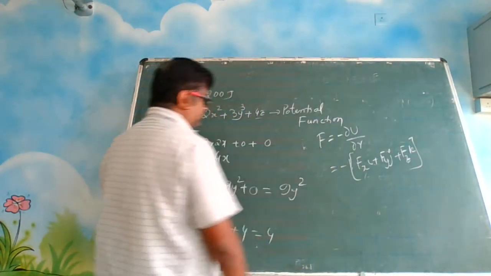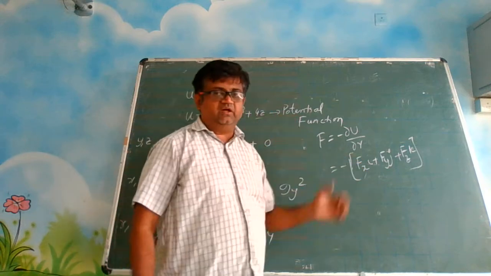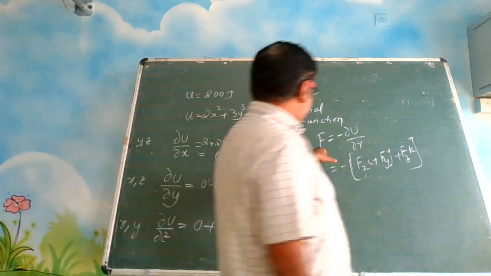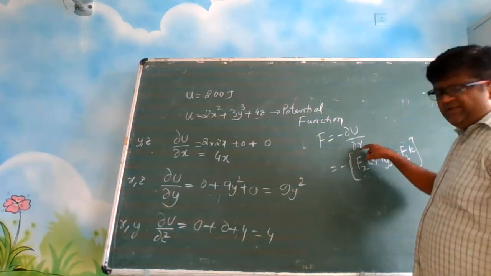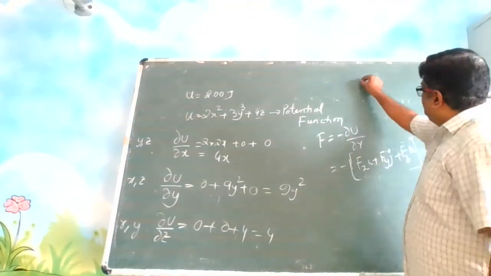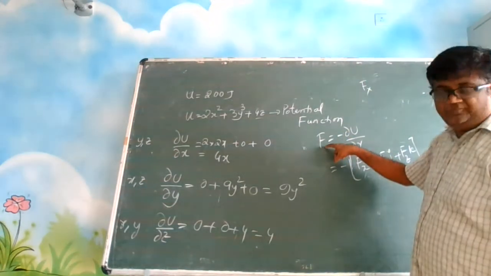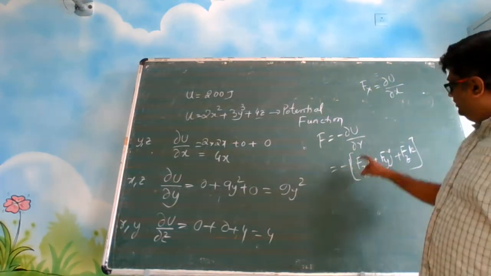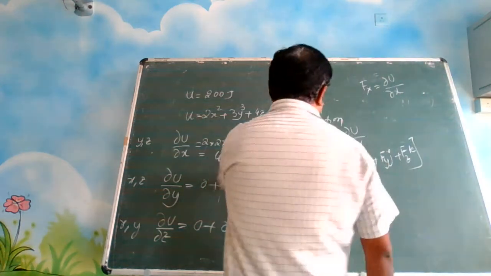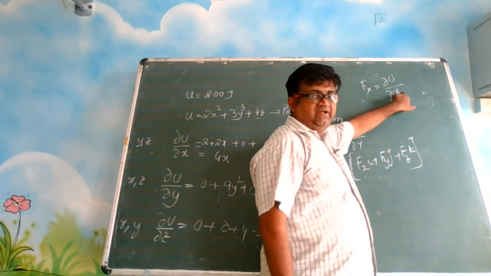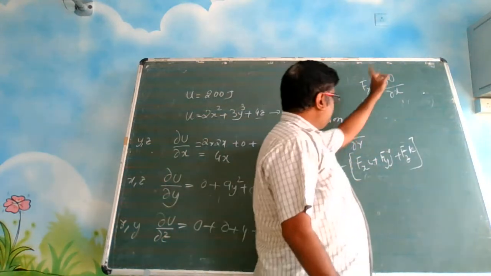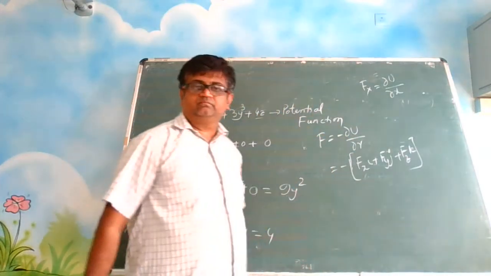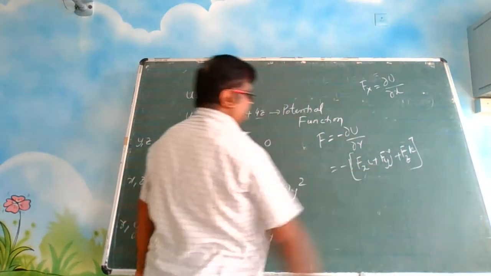Okay, fine. Sir, why did you write Fx here? See, R is the general vector. This is the general formula, right? F is equal to minus dou u by dou r. What is there in R? i, j, k. If I want to find out Fx, you put suffix x here. This will become dou u by dou x. In place of R, x will come. If you want to find Fy, y will come in place of R. If you want Fz, z will come in place of R. When you want to find the whole thing, F will come. Okay, so this is the expression.